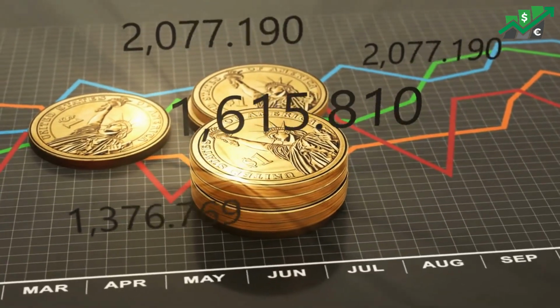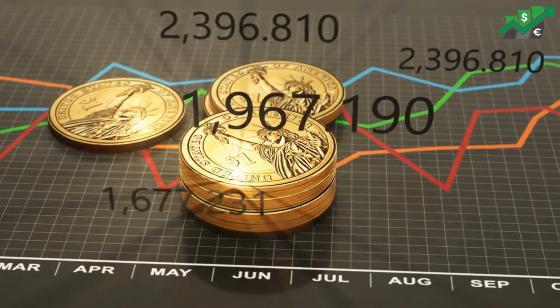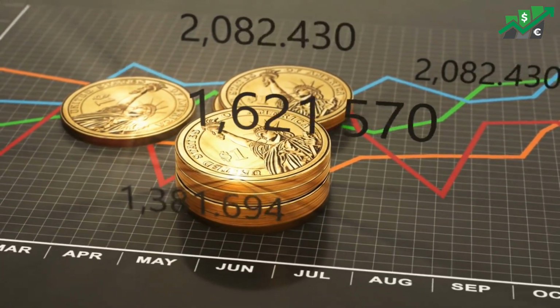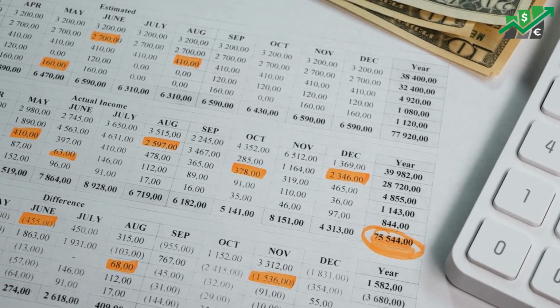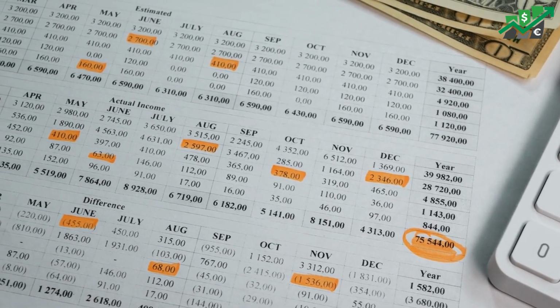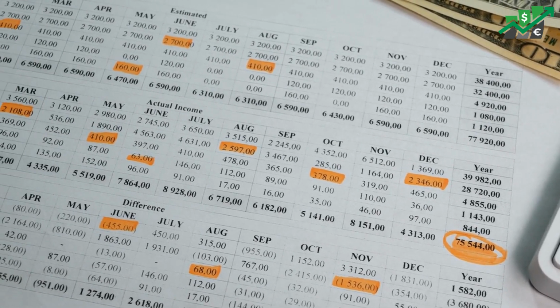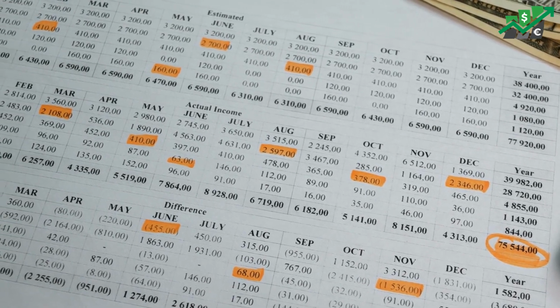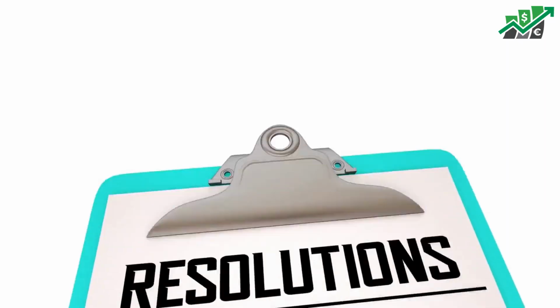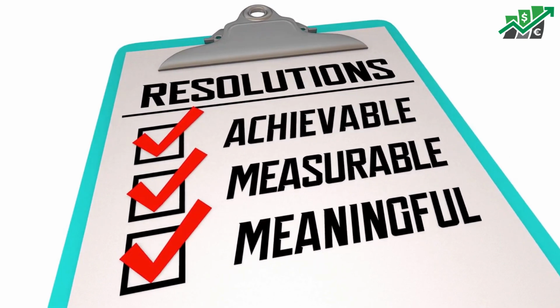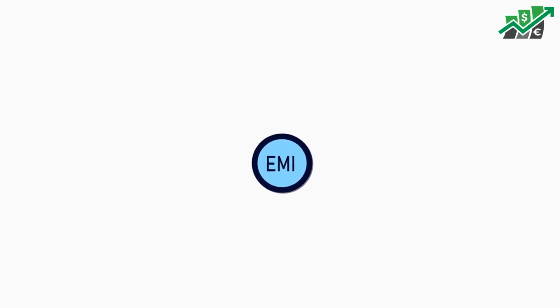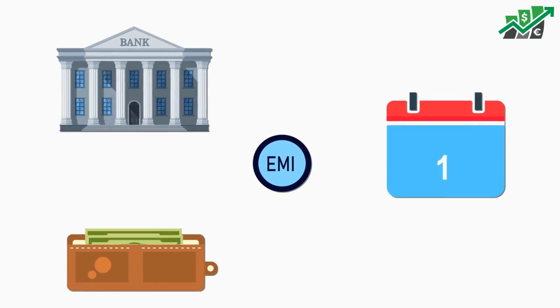To start, make a list of all of your income sources, such as your salary, any rental income, or investments. Then, make a list of all of your expenses, including both fixed expenses such as rent or mortgage payments, and variable expenses like groceries and entertainment. This goal should be specific, measurable, and achievable within a specific time frame. For example, a realistic goal might be to save $20,000 for a down payment on a house in the next